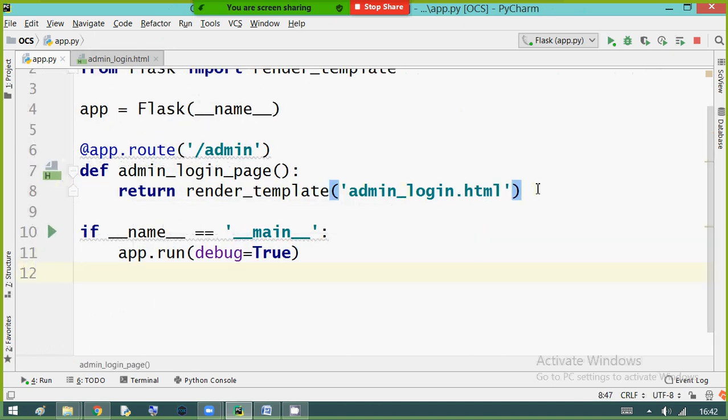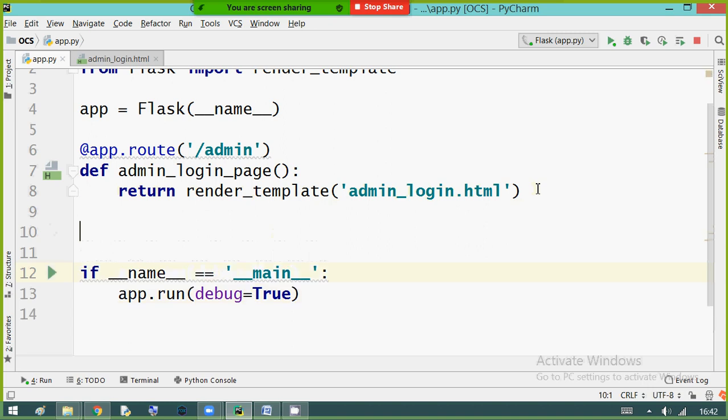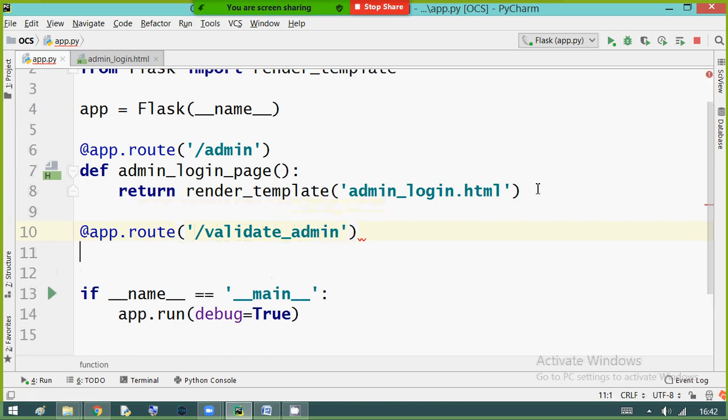I am defining a new URL route, @app.route, here I am writing validate admin. I'm defining a function. You can give any function name, or to make it easy to remember, you can give the same function name as your URL. It will be easy. Like validate admin.